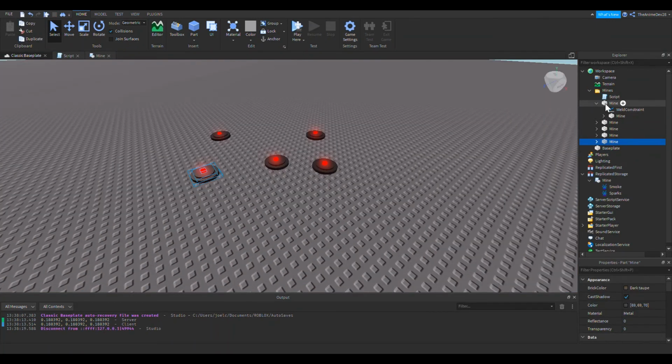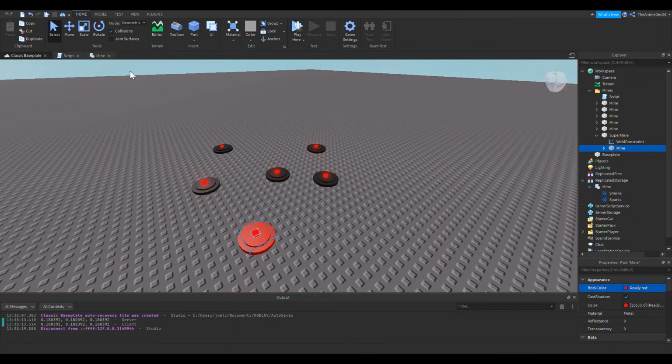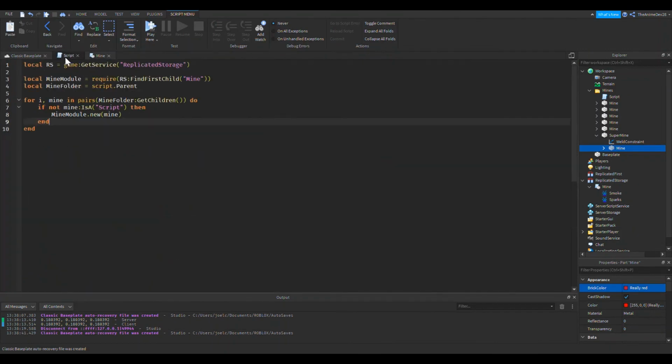And there's one more thing I want to show you before I end off this tutorial. I'm gonna add one more of these, and I'm gonna name it Supermine. Let's go, Supermine. So I'm gonna make this a different color. You're gonna take a little bit more damage from this one than the others. This will be a red mine. Stay away from the red ones. It will destroy you.